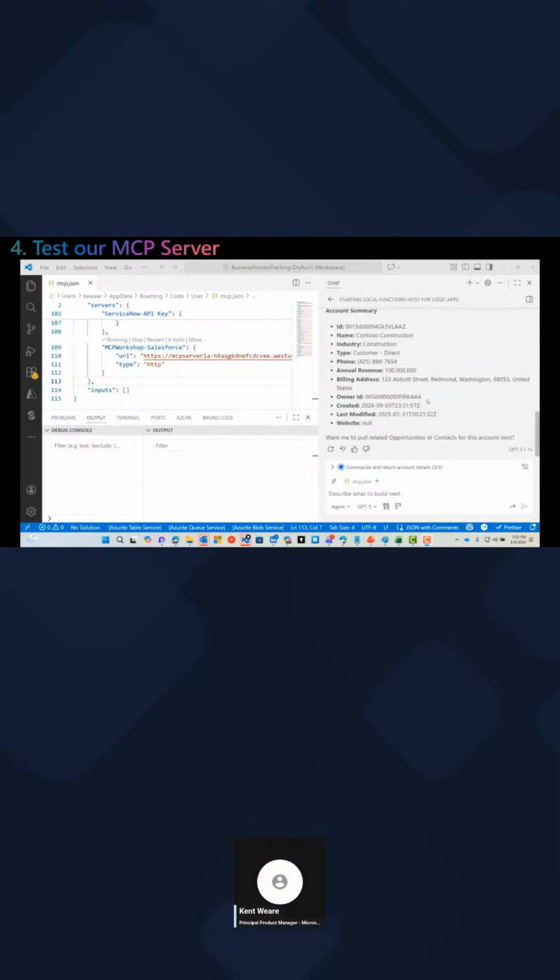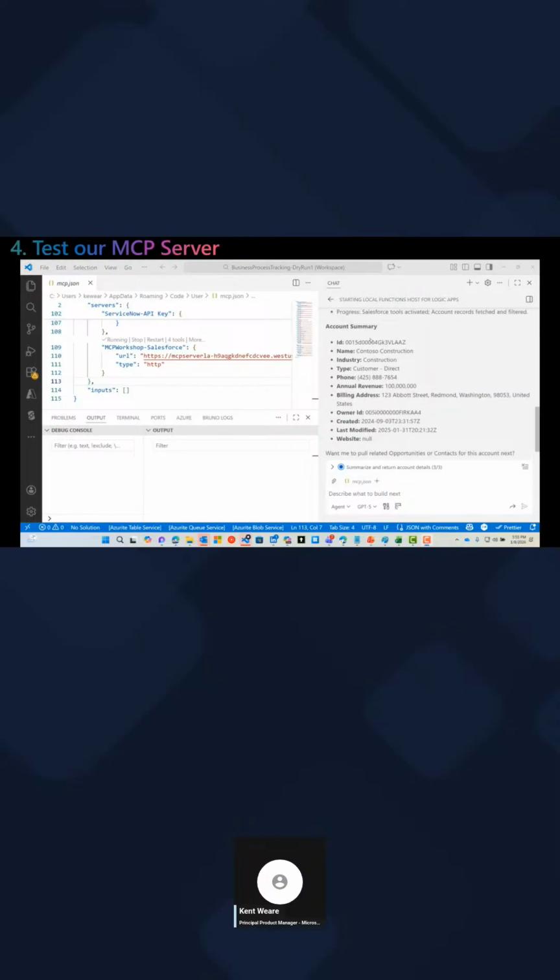And sure enough, it has retrieved that account information. Now, I think one of the value props for using Logic Apps is this notion of telemetry, and we can see exactly what just happened. We're now back in the Logic App. We see the workflows, and we click on Get Account Records from Salesforce, and then click on Run History. If you've used Power Automate before, this will be quite familiar.